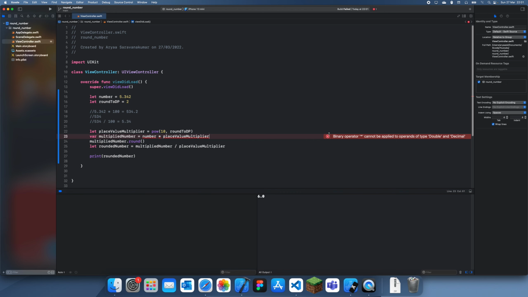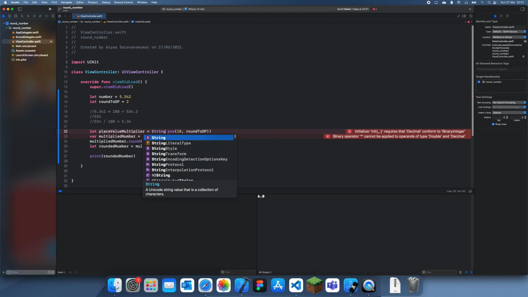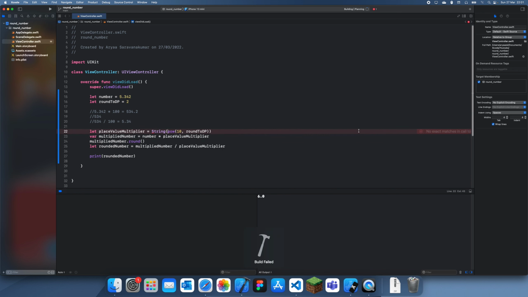Oh, what's this? Binary operator can only be applied to operands of the same type. That's weird. Let's see. So that's a double, that's a decimal. I think if I convert this to an int, that should solve our issue, right? Oh. Let's see. Okay, I'm going to try and convert this to a string. Oh, okay, why is this so confusing? Okay, well, what we could do then is just create a